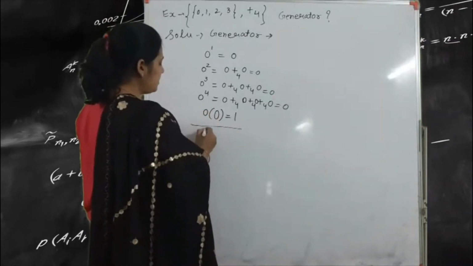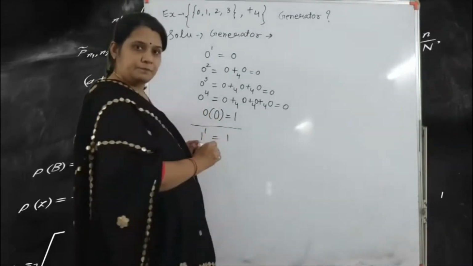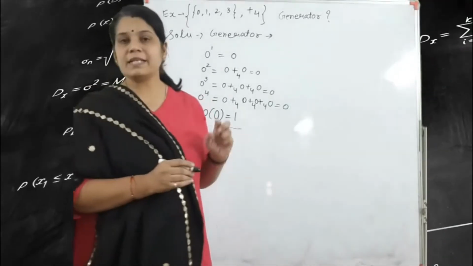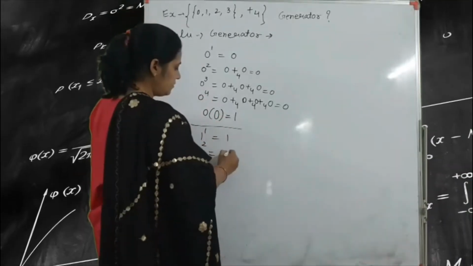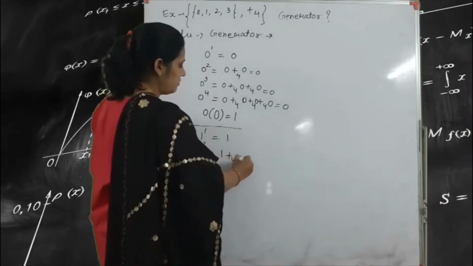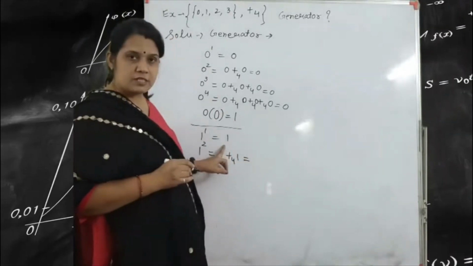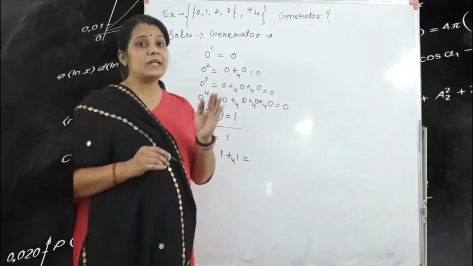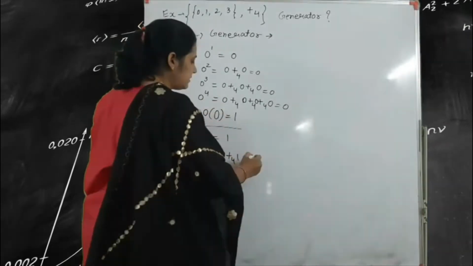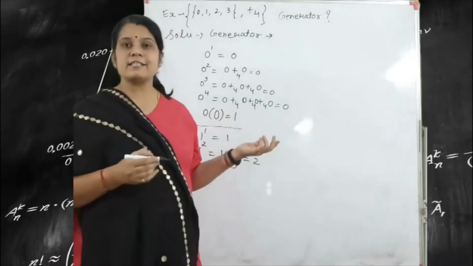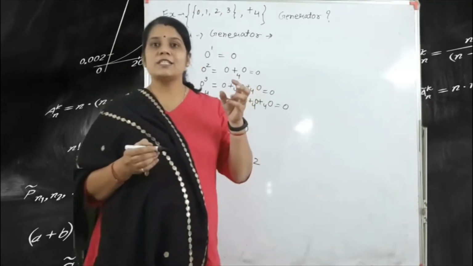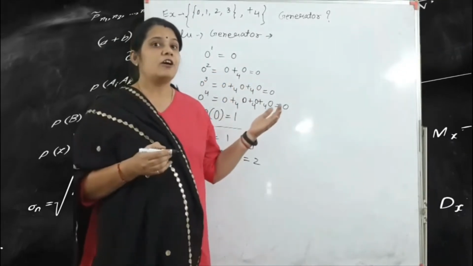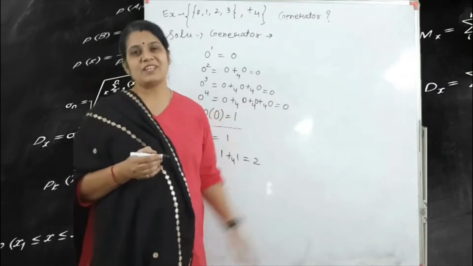Next one is 1. Here 1 power 1 is equal to 1. Next one is 1 power 2. What do we mean by 1 power 2? That means we write 1 addition modulo 4 1. What is the process? The process is 1 plus 1, that means 2. So 2 is less than 4, which means we get 2. Got it? We have already seen in the last lecture the process for finding the addition modulo, and we already made a table with the help of the addition modulo.